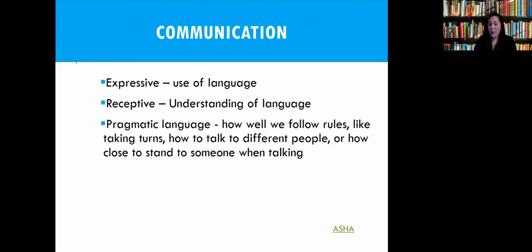The next section is really going to be communication. I just included in here some of the broad areas that you're going to find within this section. It really depends on the need of the student, but I really emphasize the pragmatic piece. Expressive is obviously their use of language. Are they able to communicate with others? Are they able to get their needs met by way of communicating them appropriately to other individuals? Receptive really speaks more to the understanding of language. So when another is communicating with this individual, are they able to understand the way that we would expect them to? Are there needs for adjusting and adapting the communication style, the words that are used?